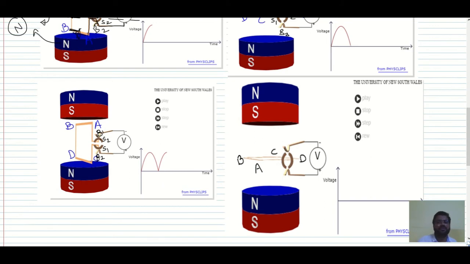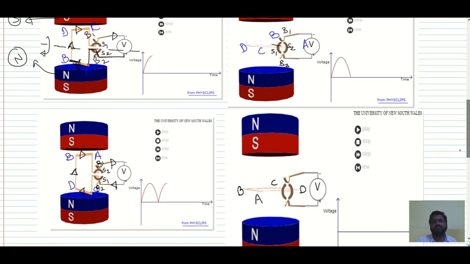So S2 and B1 will come into contact, and the current now will be from this terminal. It will be like this, then D to B, then B to A, and again to the negative terminal, that is to the lower potential. Now, as you can see over here, initially the current is from D to C. Now you can see C to D. The current is flowing from C to D, and here it is B to A, and initially it is from A to B, as you can see.